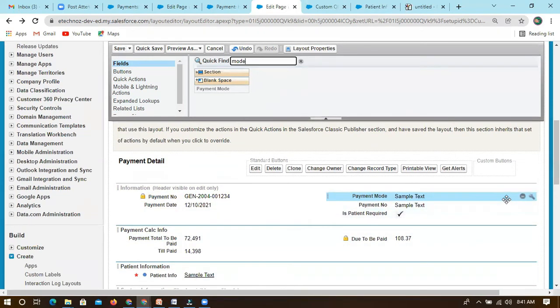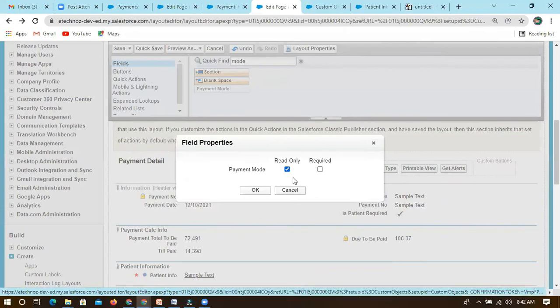Now, this is the first option, and you can see the second option, properties. If you click properties, you can see one more thing: read only or required. If you put read only, the user cannot modify this. That means we are updating this from the backend. For the user who is logged in and has access to this layout, they cannot modify this.